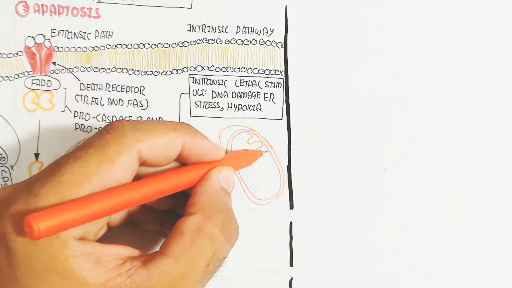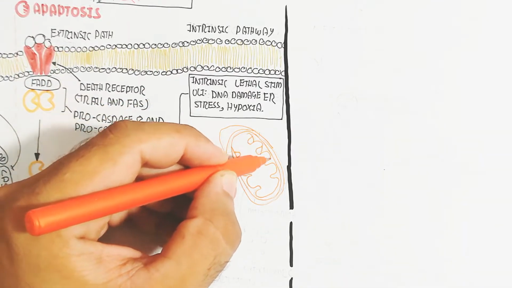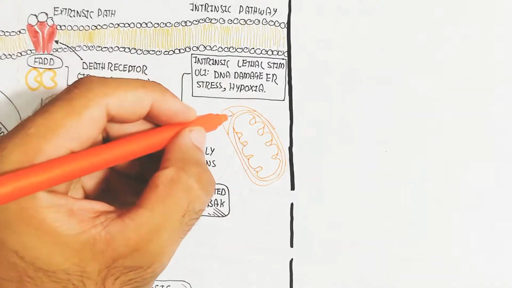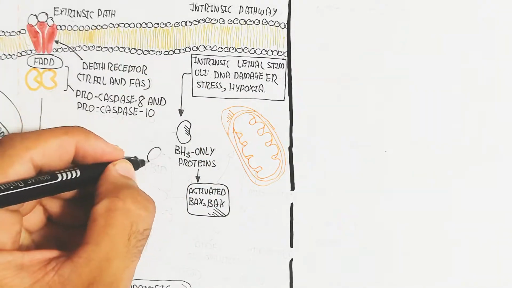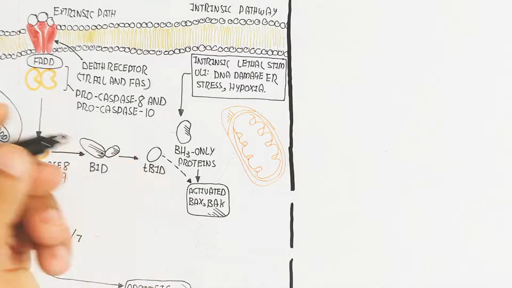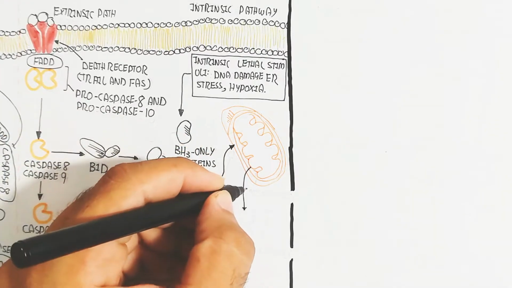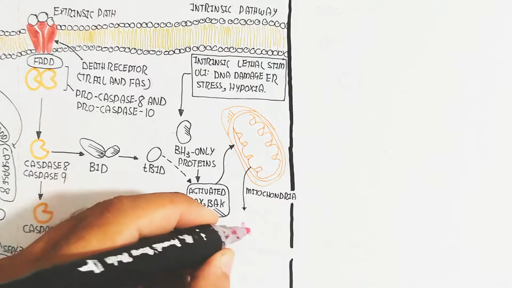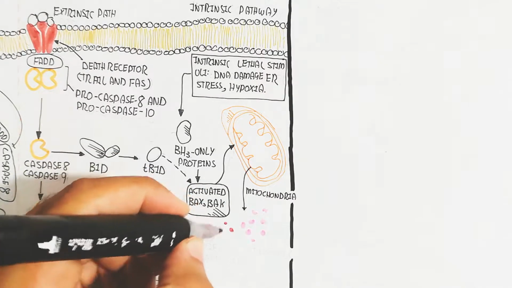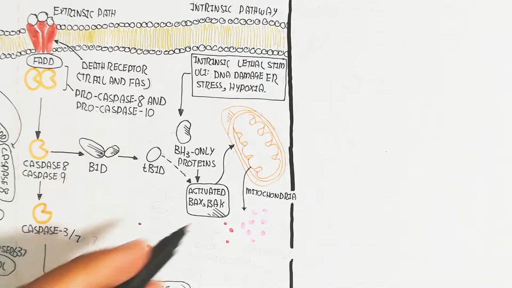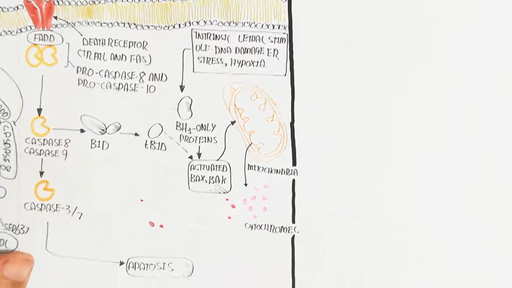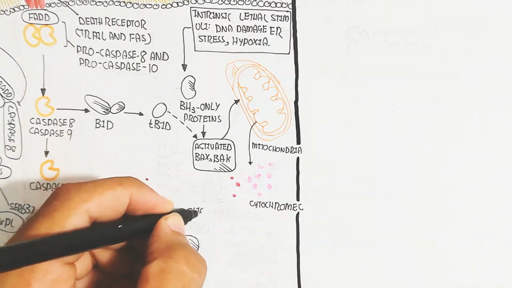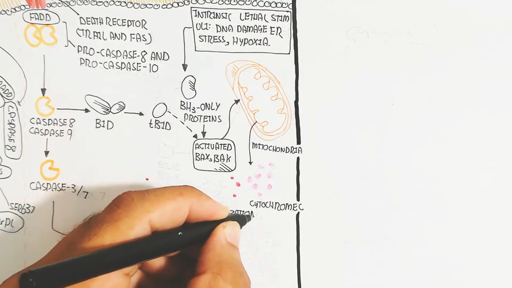So after this is the mitochondria. When Bax and Bak bind with the outer membrane of the mitochondria, they will produce pores, and these pores will lead to channel formation, which leads to the outflux of the cytochrome C. So the cytochrome C is part of the mitochondria. Remember that cytochrome C is part of the inner membrane of the mitochondria, and in this way it will